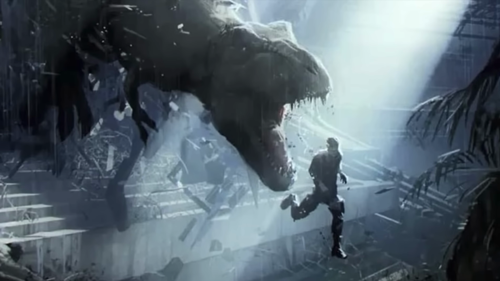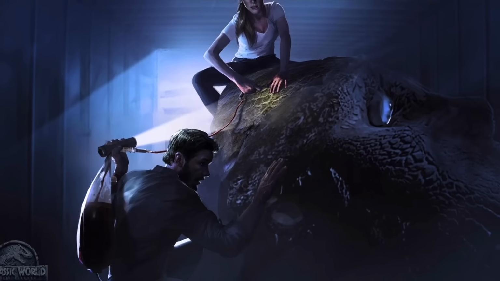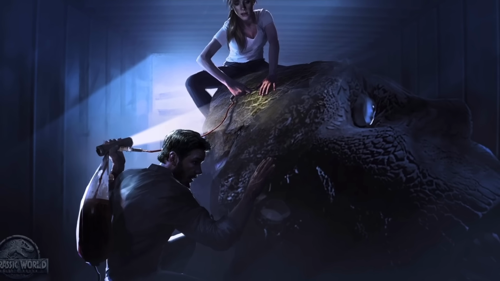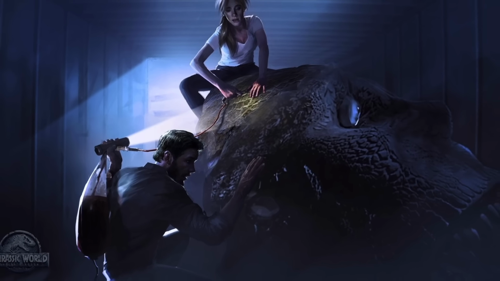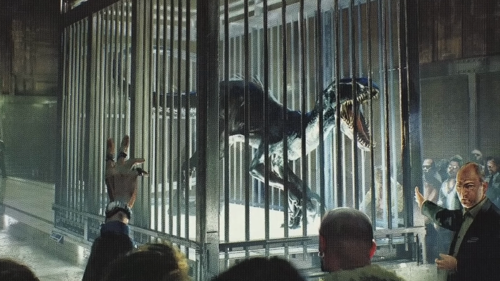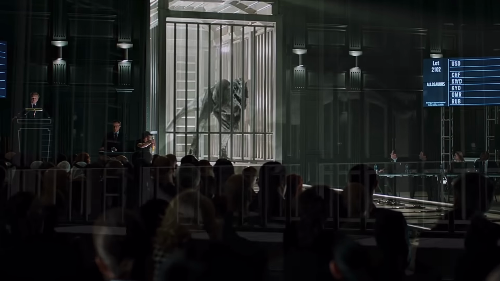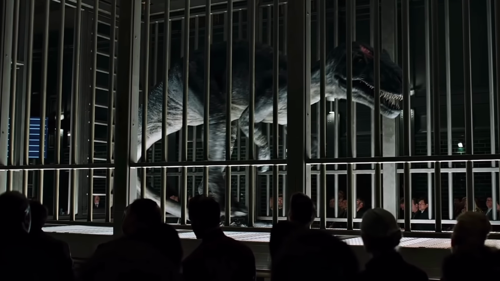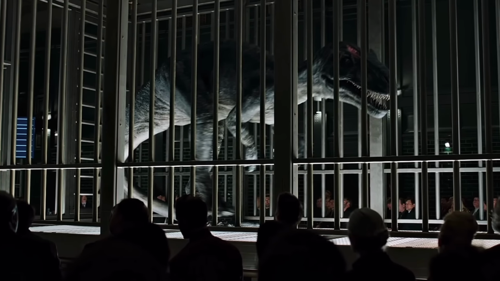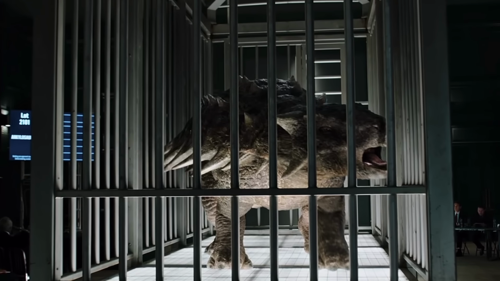These ideas would include the entire opening, which was drawn up by the director once he was hired for the job. Originally, Fallen Kingdom just opened with Ian Malcolm in the courtroom, the blood transfusion scene with the T-Rex, which he had to pitch to both Colin Trevorrow and Steven Spielberg before production began, and of course the altering of the dinosaur auction, which originally was supposed to be a full-on sale with set prices. Colin Trevorrow has gone on record to say that he initially wrote this scene as a much more seedy and dark animal trafficking tone that would eventually change once filming had begun.